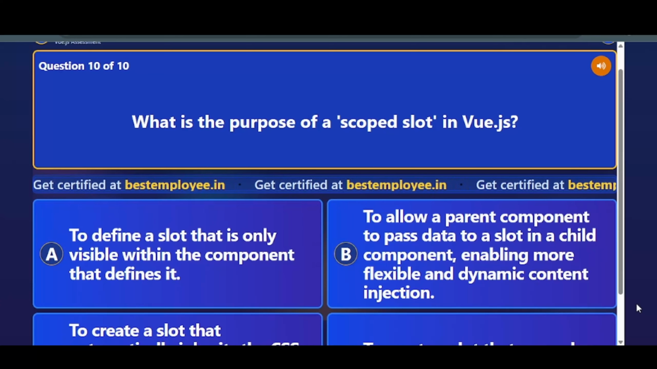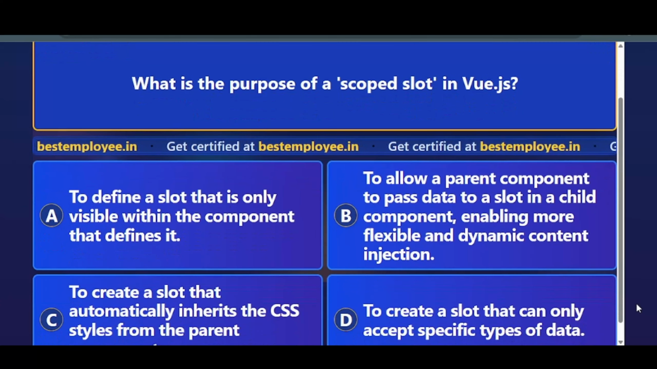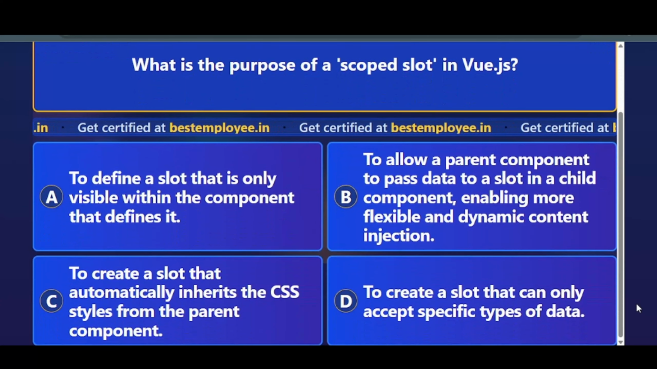What is the purpose of a scoped slot in Vue.js? Option A, to define a slot that is only visible within the component that defines it. Option B, to allow a parent component to pass data to a slot in a child component, enabling more flexible and dynamic content injection. Option C, to create a slot that automatically inherits the CSS styles from the parent component. Option D, to create a slot that can only accept specific types of